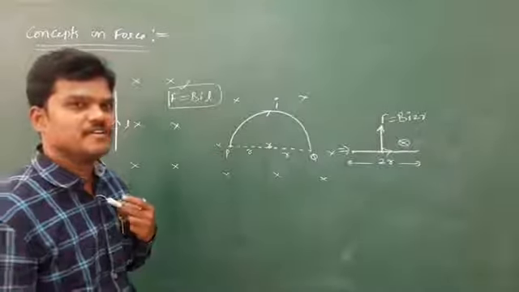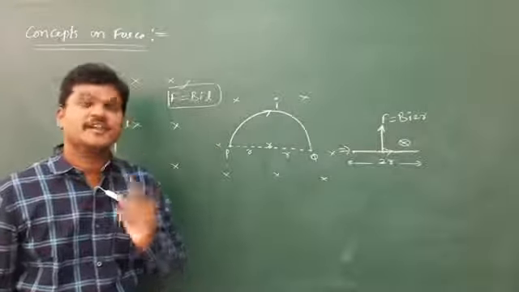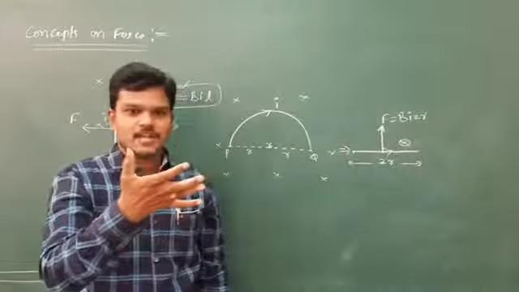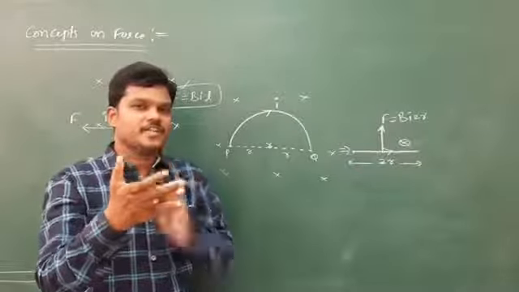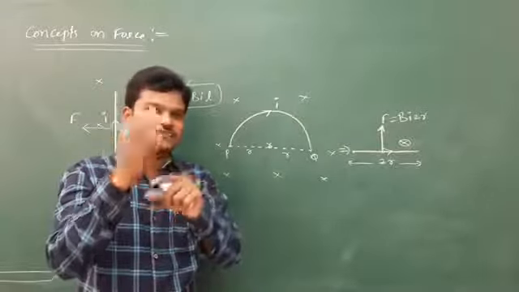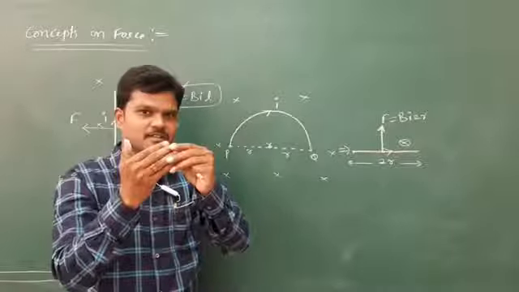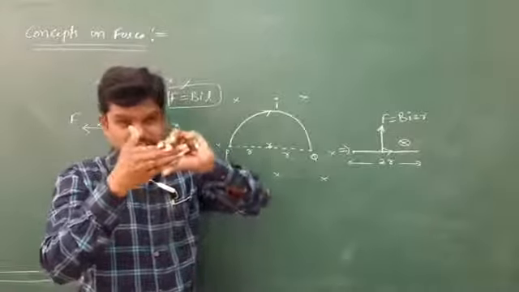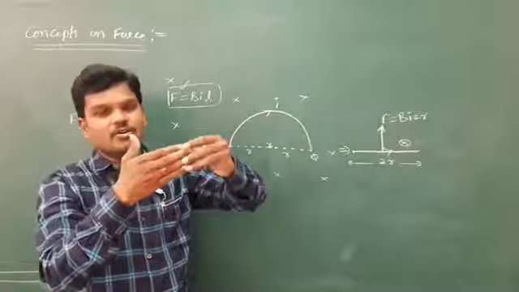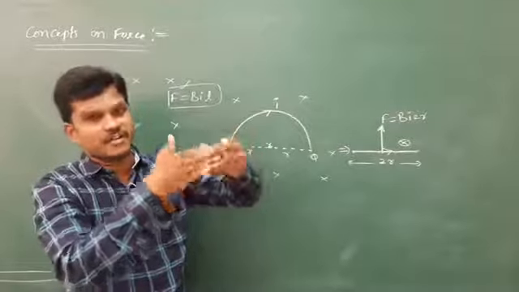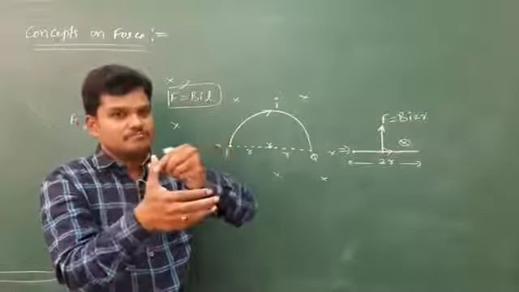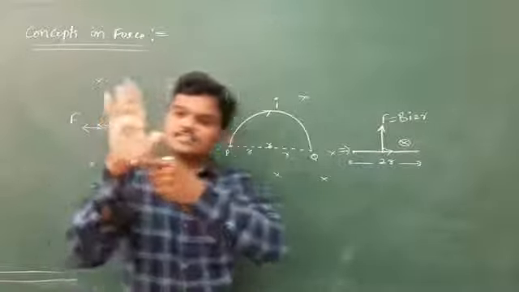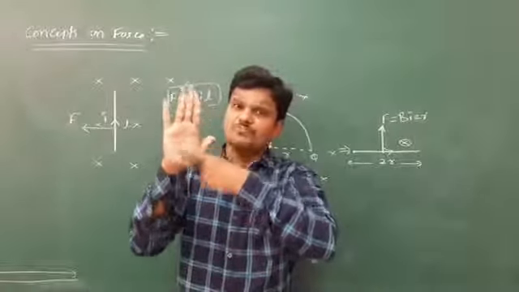Let me identify the direction by using Fleming's right hand rule. So very simple technique. See, this is the right hand, and to identify the direction of the force, just keep all these fingers, all these fingers, representing the direction of magnetic field. All the fingers, keep in mind. Thumb represents current or motion of charge, and this palm shows force.